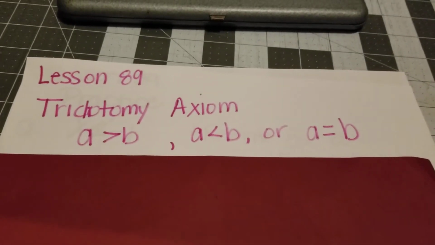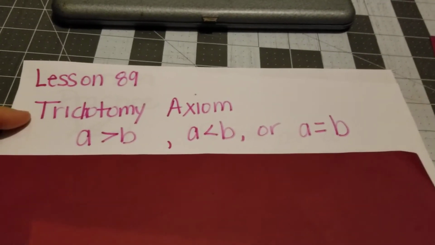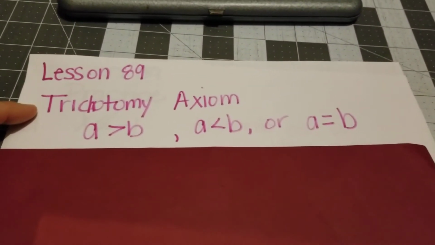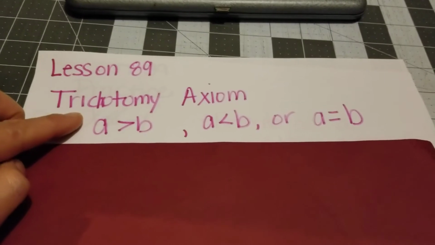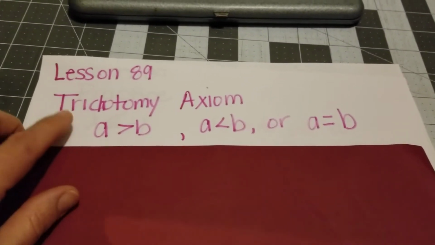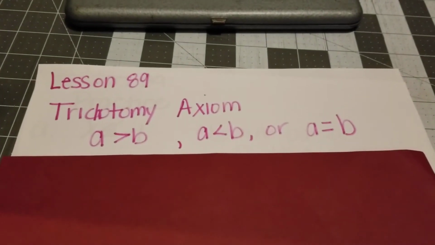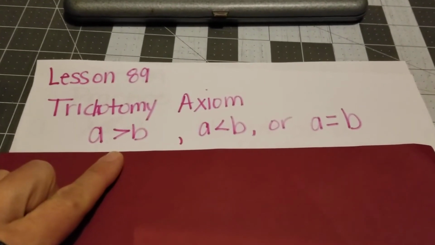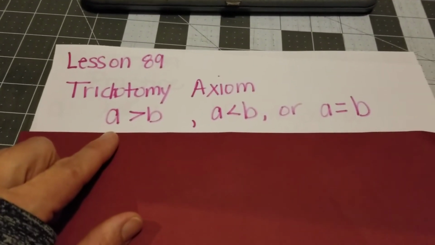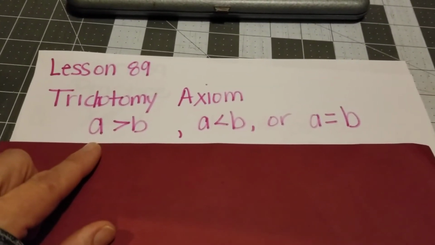Okay, in lesson 89, we're going to talk about something called the trichotomy axiom. That's a big word. Remember that tri means three, so there's three parts to this. What it means is that if I have two numbers, and in this mathematical definition they're referring to these numbers as A and B, quantities A and B,